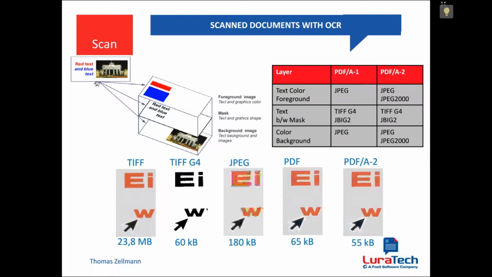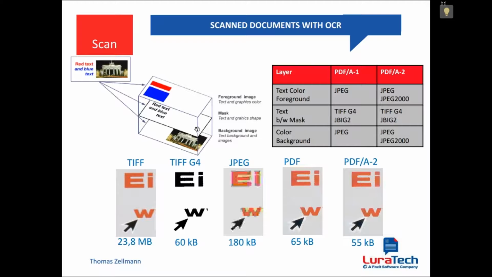So if you have a very generic document here in the upper left corner, this has some text in red and blue, so also in color text. It has an image part, and this is a main trick of our high compression solution. Very easy to understand, very complex software algorithm, but very easy. It's within one PDF file, and then it splits the objects, the different objects in the document, into 3 different